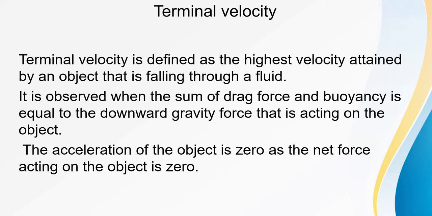So what it says, an object is falling through a fluid. Okay, so which are the forces acting on the object? Gravity will be acting downwards. Since it is falling downwards, we can say viscous force will be acting upwards. Not only viscous force, buoyant force also will be there. No? So when buoyant force and viscous force is equal to weight of the object, what happens? Net force will be 0. So acceleration of the object is 0. So that time it will move with constant velocity, and that constant velocity is known as terminal velocity.